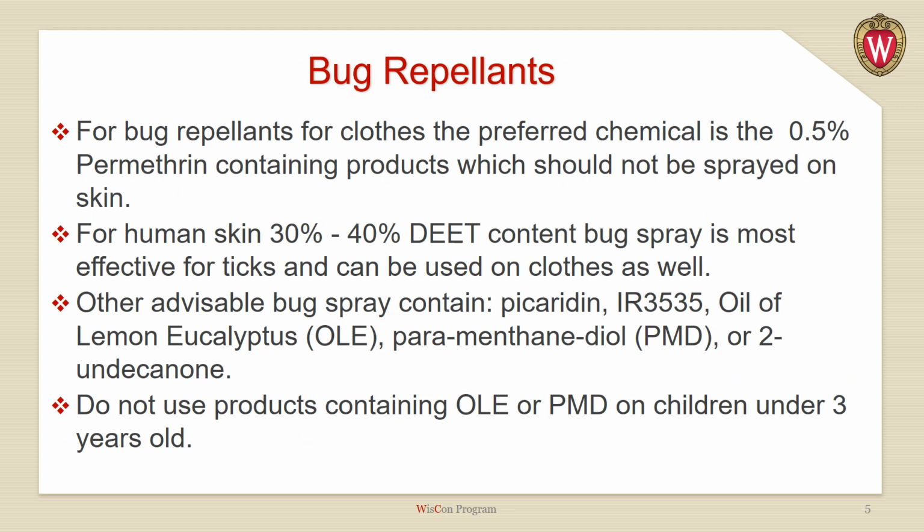Bug repellents. For bug repellents for clothes, the preferred chemical is 0.5% permethrin containing products, which should not be sprayed on skin. For human skin, 30 to 40% DEET containing bug spray is most effective for ticks and can be used on clothes as well. Other advisable bug sprays containing picaridin,